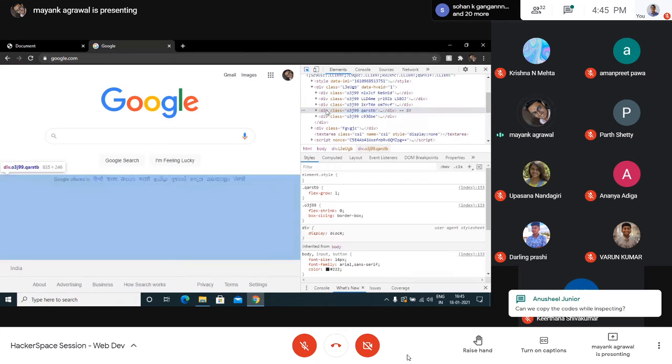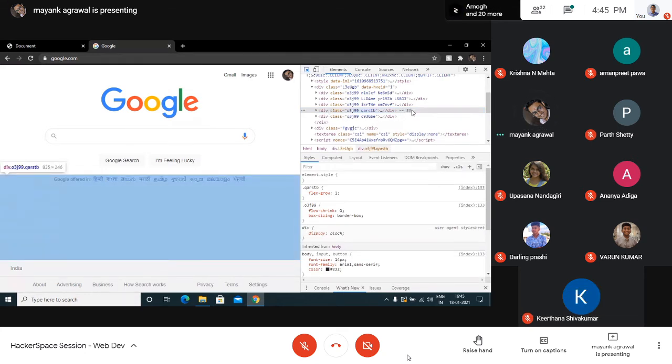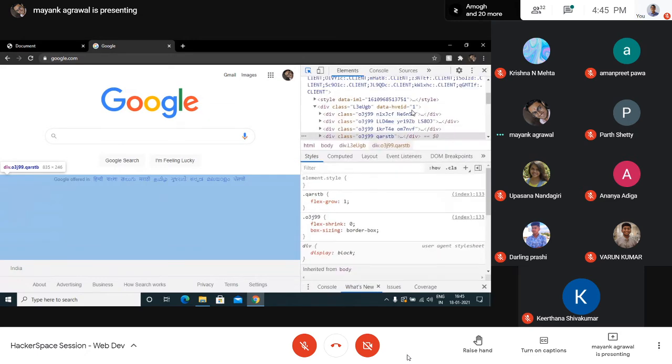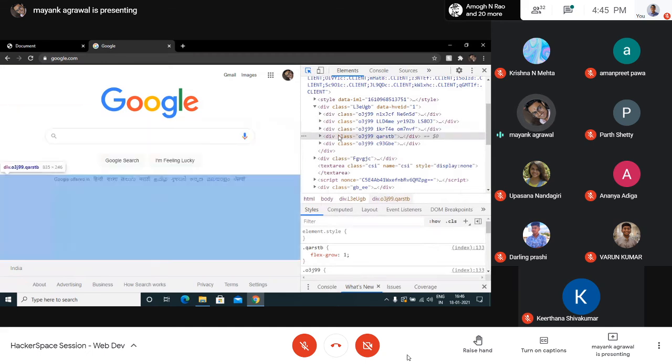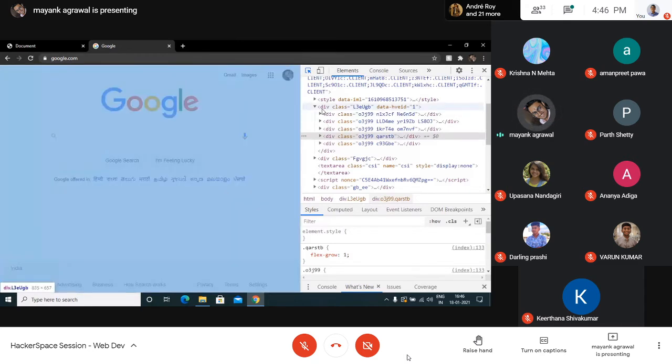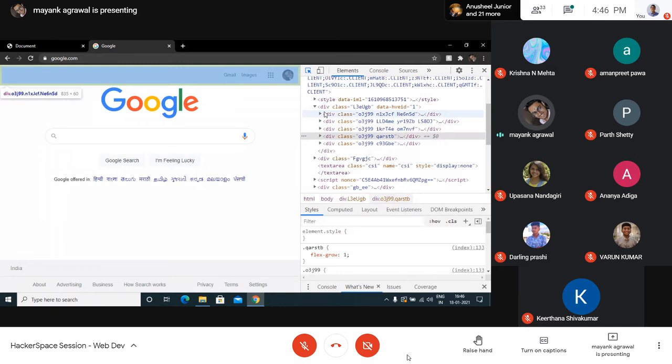So yes, if you notice properly, there's this div written over here. What this means is that this is a division of the website that you are currently looking at. You can see that the whole page is actually a div, and there are many different divisions.